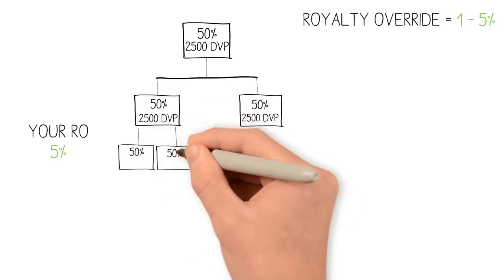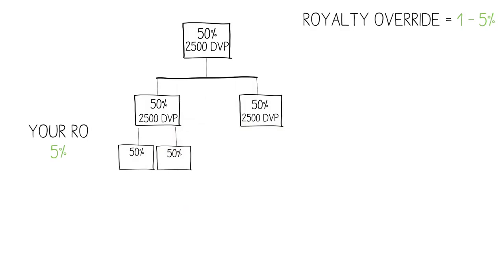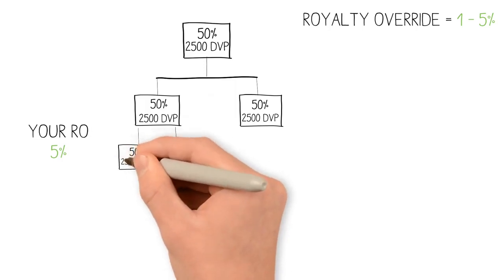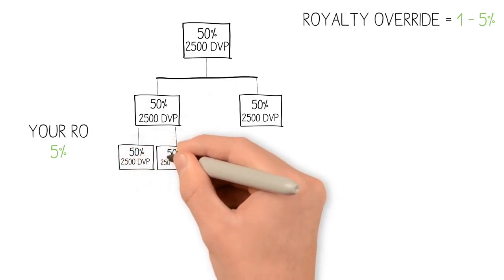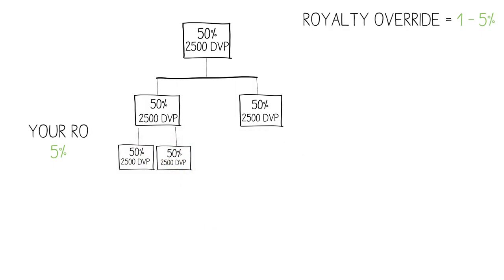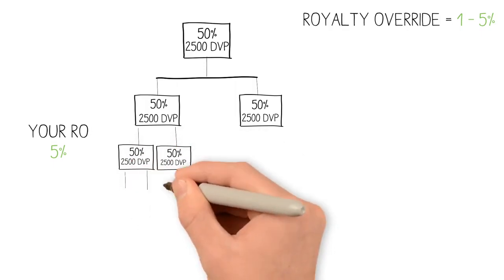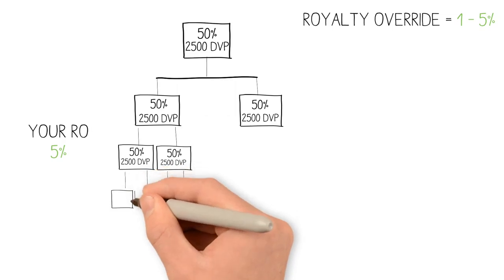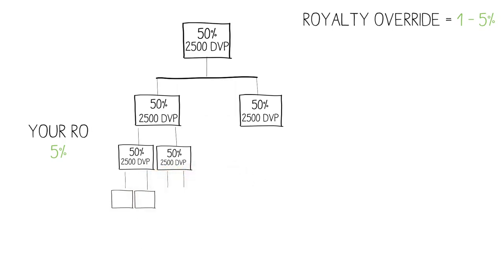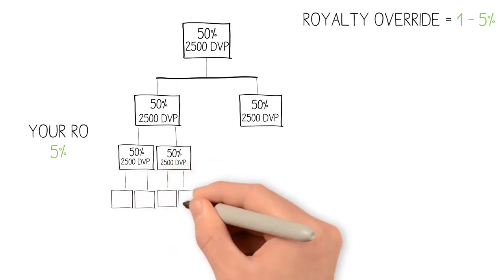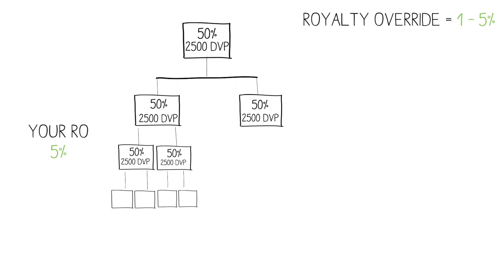You're going to have distributors who come in. Some mainly just use the product. Some don't do anything. Our goal is to find those 2 people who also do the 2,500. The company will pay you up to 5% on whatever those 2 people do every month. And then they pay it one more generation deep, down to what we call the 3rd line. Again, to find those 2 people, just like the first 2, you're going to have to sponsor a bunch of people. There'll be a lot of clients happening,